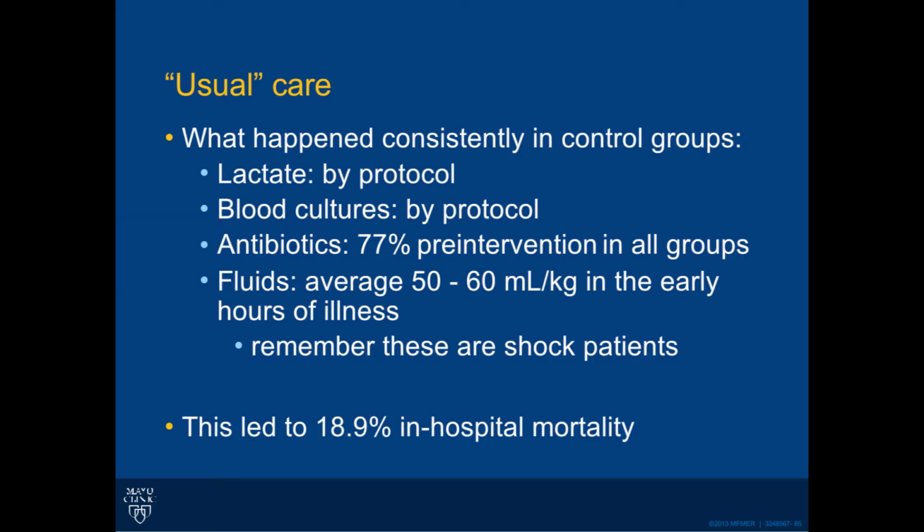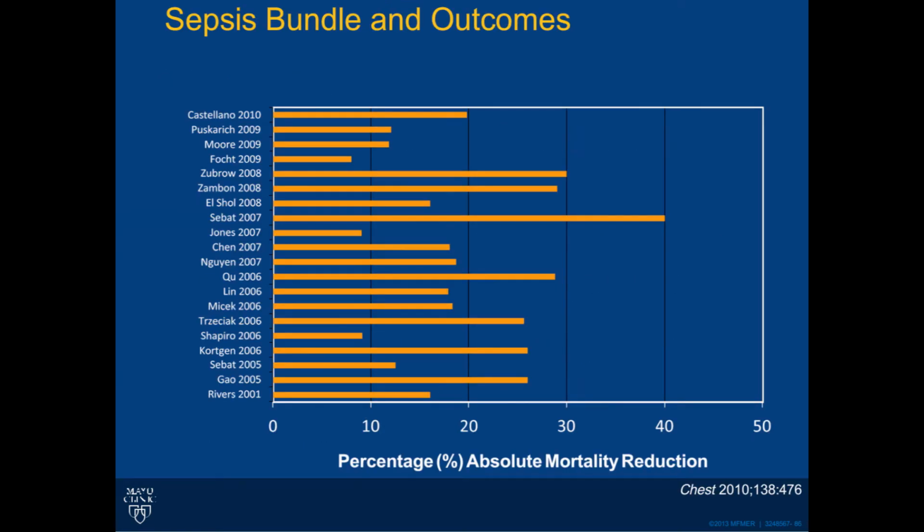And the hospital mortality in PROCESS, and very similarly in the other 2 trials, was less than 20%. Remember that where we started this in 2001, there was 46.5%. And so people have thought about this and said, were these patients less sick? I don't think that that's the answer. I think that these patients had already been treated.